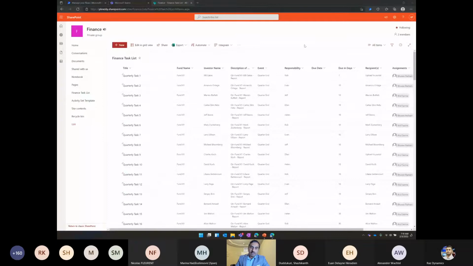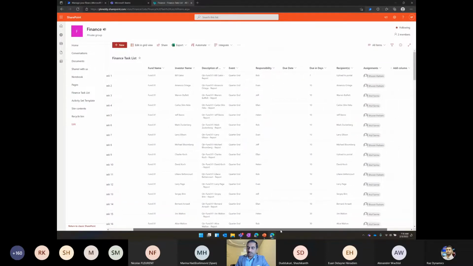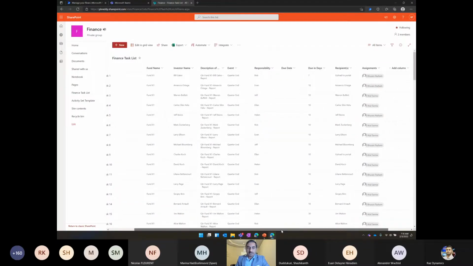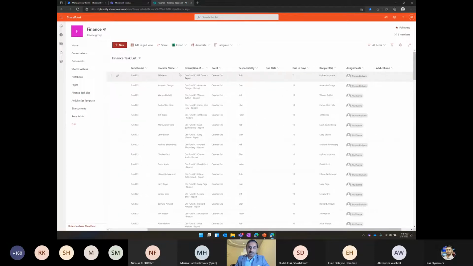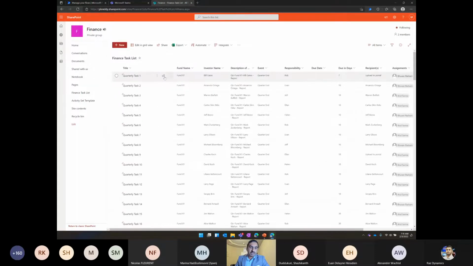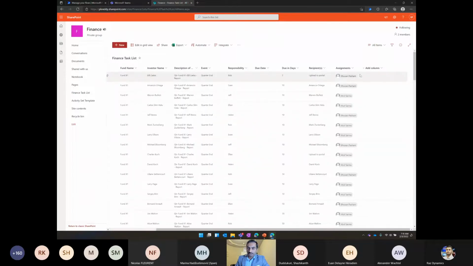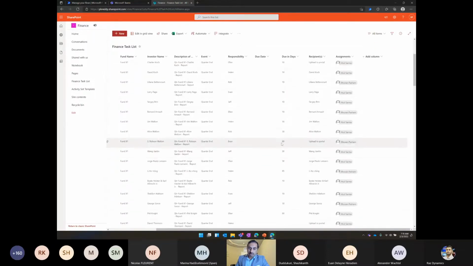Okay, so here is what we did. When I talk about the template, we created a list. The original article we found was for Excel. Then we decided we can do this in SharePoint, which is also part of Teams. So we created a simple list and posted all these task templates. You have the description, the title, and who to assign to. This is easy to manage in SharePoint, right? And what are all the tasks? So you can go through